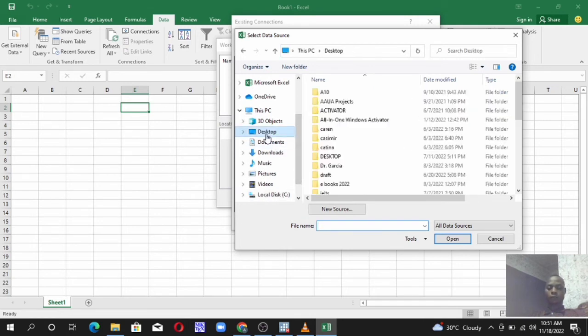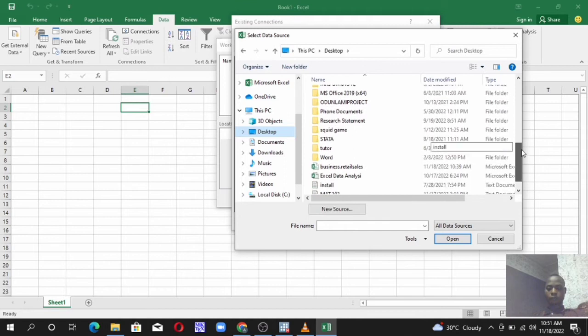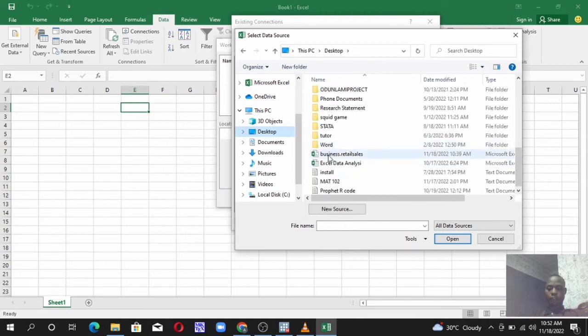So let me just look for where I have my data. I think I have it on the desktop here. Okay, so I have a data file here on the desktop, business retail sales. So once I click on business retail sales and then click on Open,